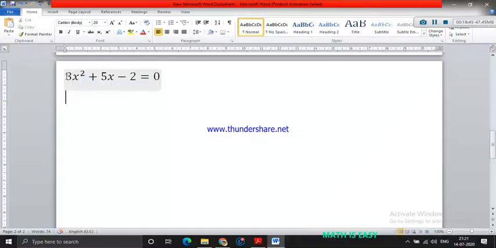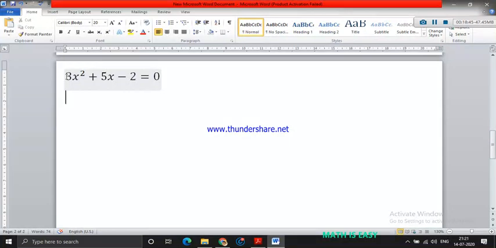But I want minus 6, right? So one of the numbers must be negative. 2 into minus 3 will give me minus 6, perfect. But when I add them, 2 plus minus 3 is going to be minus 1. But I want plus 5. What are the other factors which I can have for 6?